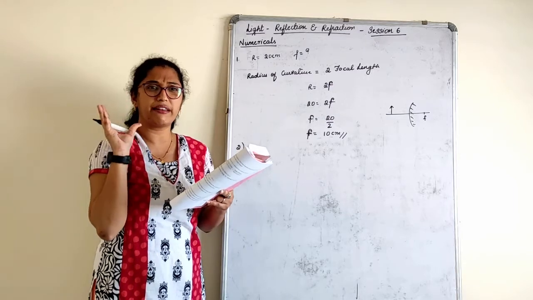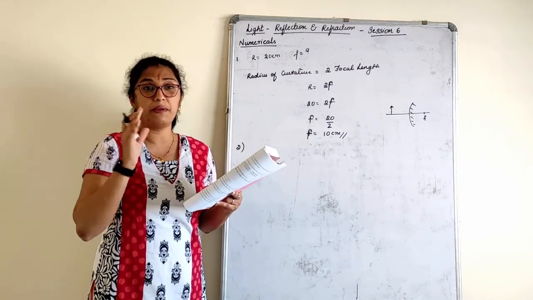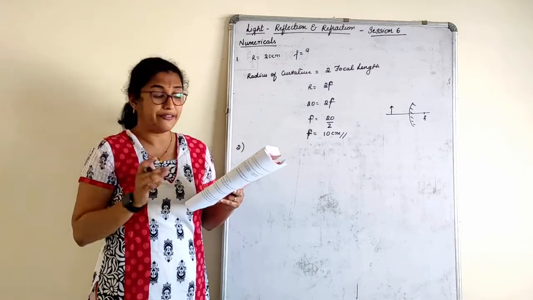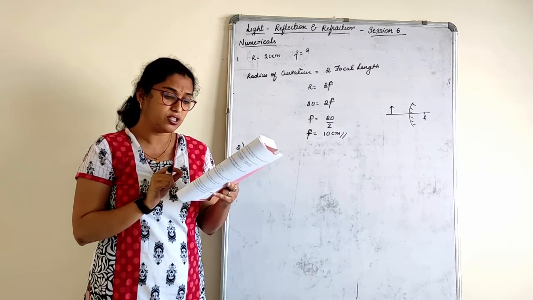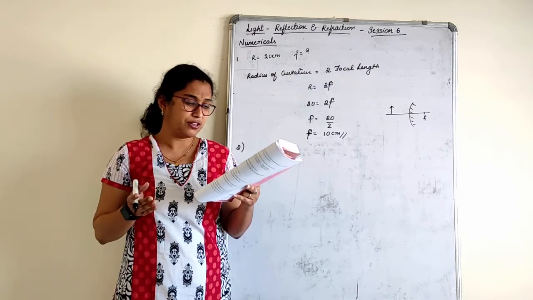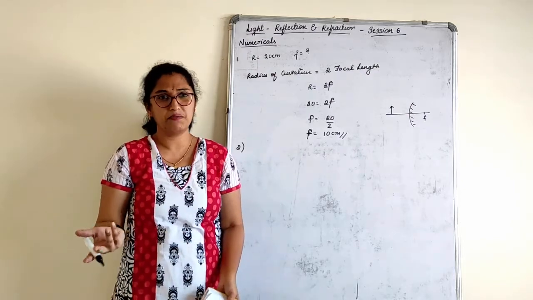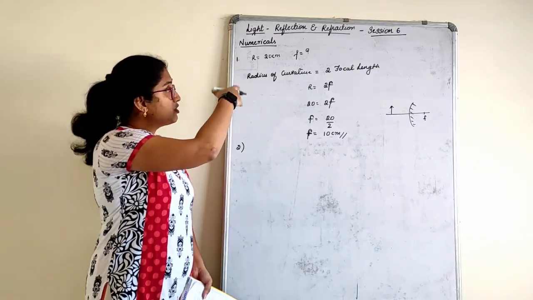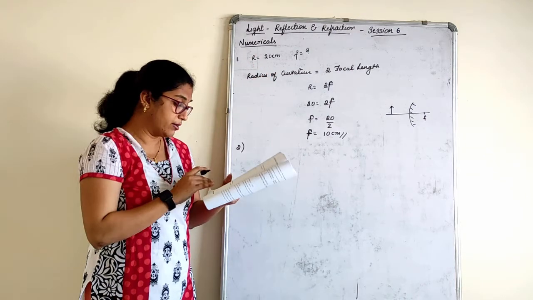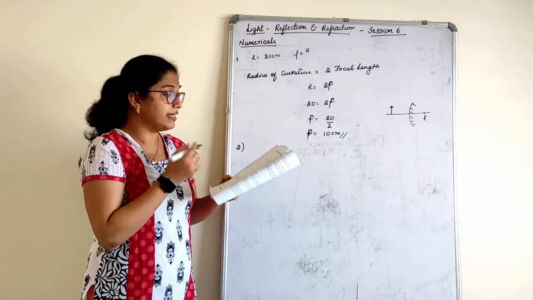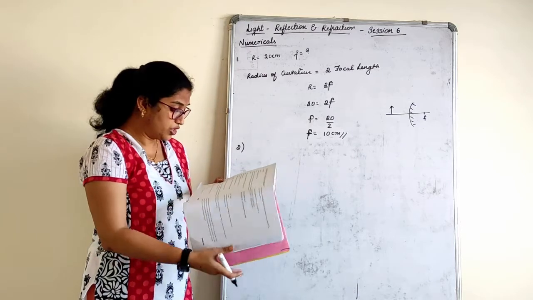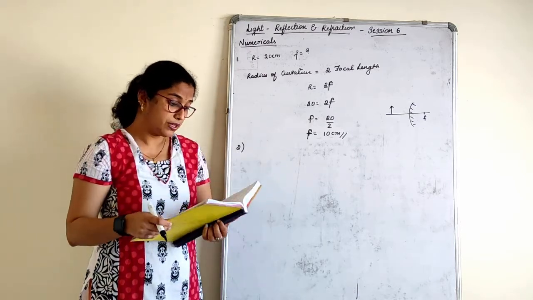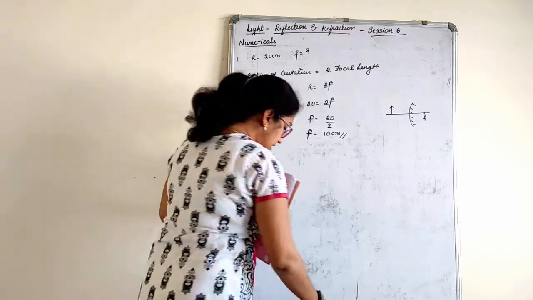Just have a small rough figure and see what is your f, plus, minus, or what is your v, u, everything. The focal length of a convex mirror whose radius of curvature is given as 32. Radius of curvature is given, find the focal length. Simple. Right here, radius of curvature was given, focal length you had to find. So, finish this as a homework part. We'll go with the next one immediately.